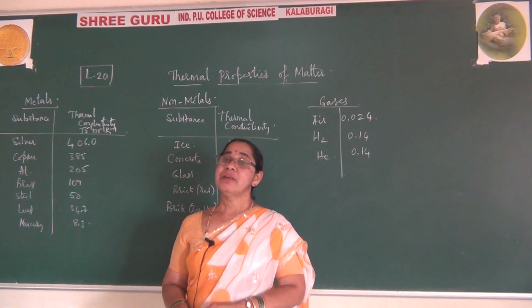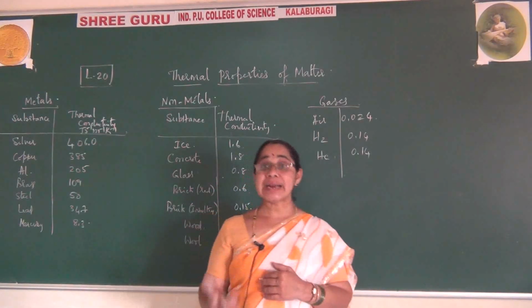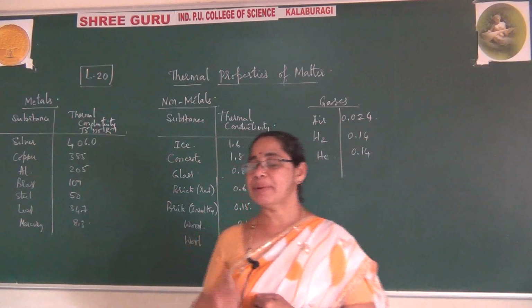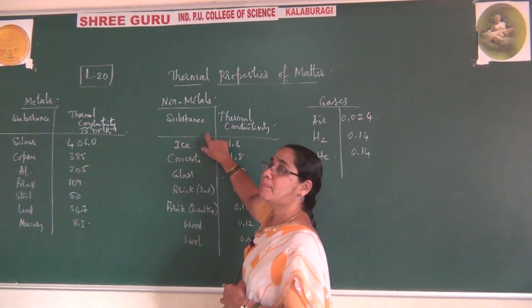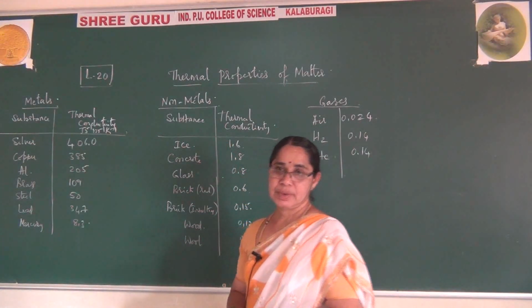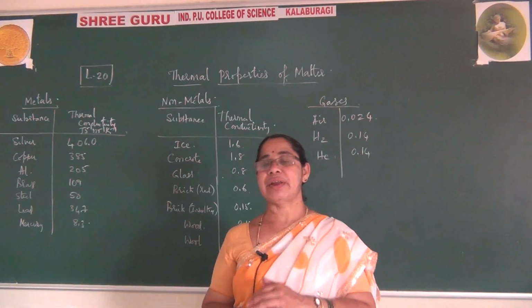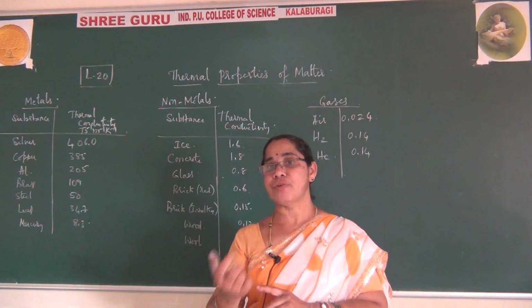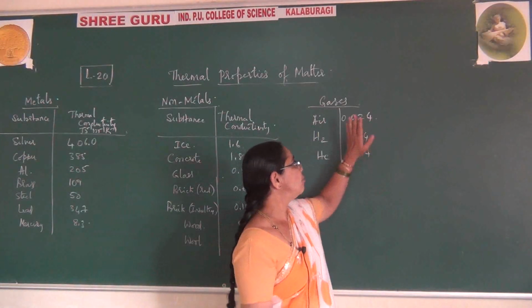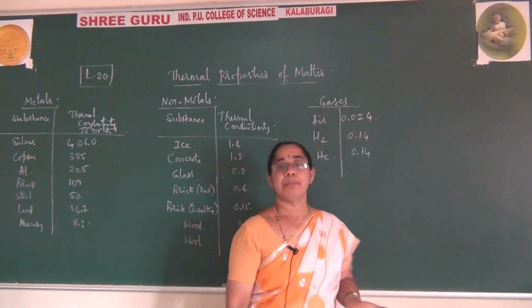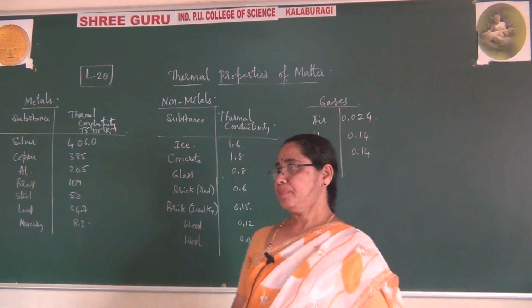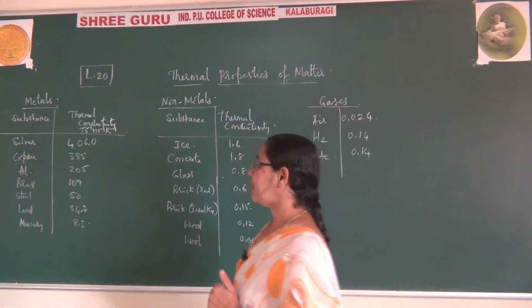At that time, when we go for the concept of bad conductors of heat, the best examples are non-metals, which are bad conductors of heat. Even sometimes, whenever you do not require any flow of heat, you take the help of gases also, which are bad conductors of heat. Now let me come across one by one.